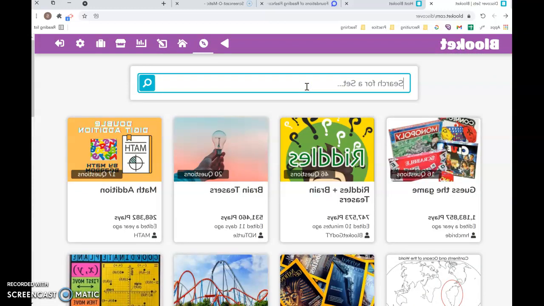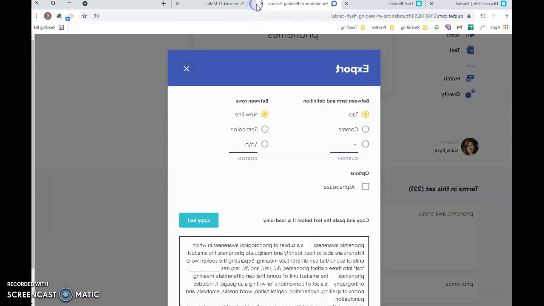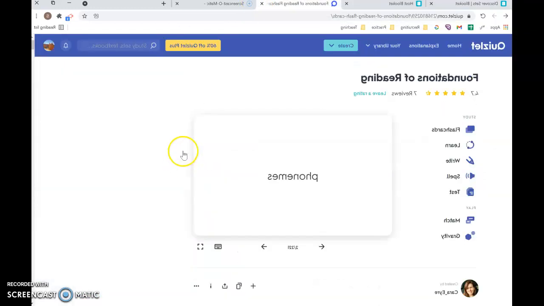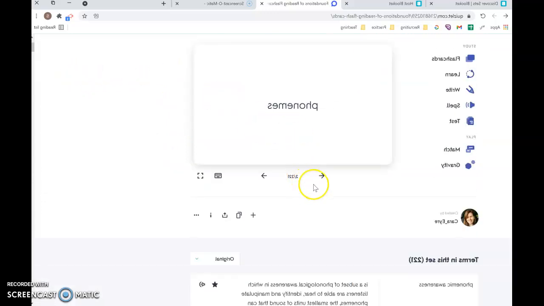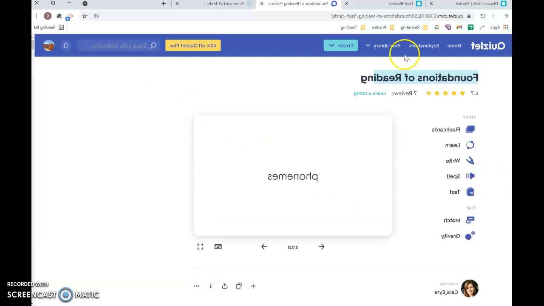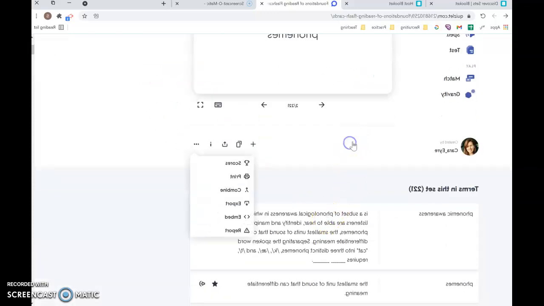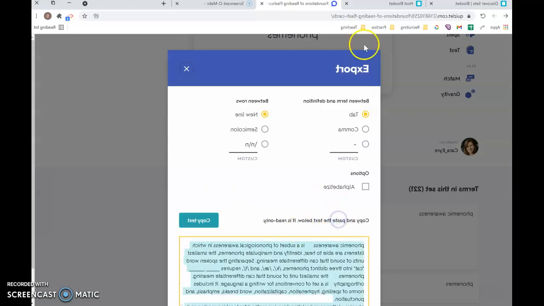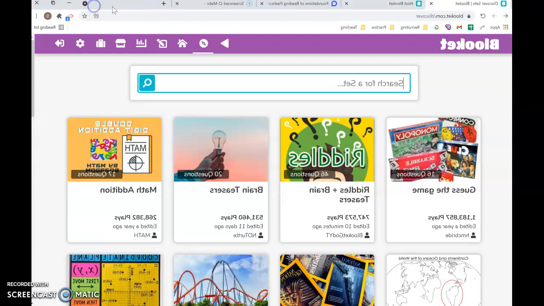A cool feature of this is you can, if you've ever used Quizlet, you can import Quizlets into Blookit. So I have up here, and I actually use this one, sorry about that. I use this to study for the fort, and I imported it. And all you have to do is I Googled fort, found this, and if you click export, copy text here, and go back to